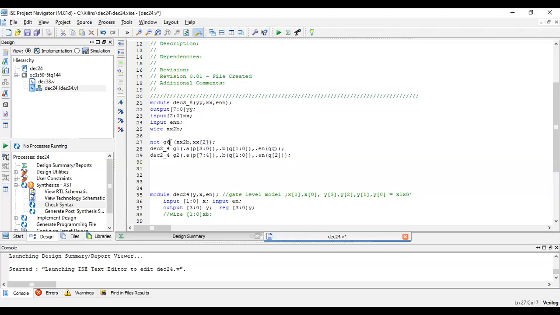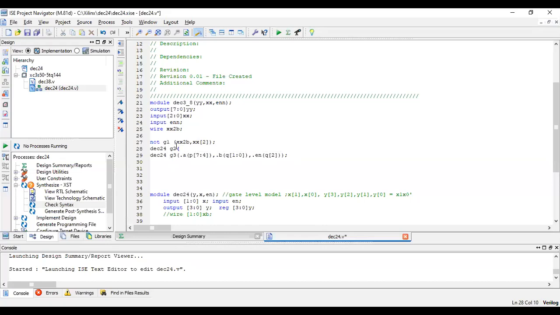Two decoders I have. Let me take this as G1 only. Two decoders I have, G2 and G3. Both is the same thing. What is the program module name of the decoder? Decoder 24. So module name of decoder is decoder 24. G2. Now, how do we instantiate? Let us do the instantiation. Two different ways I've thought. You can use any way, no problem.